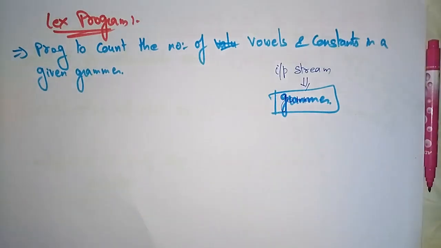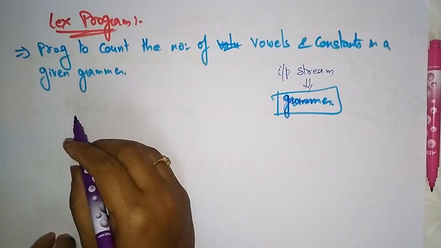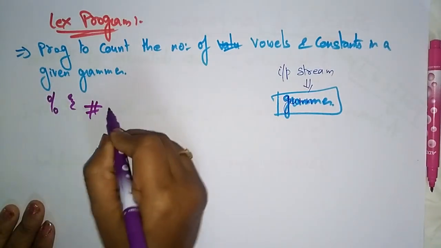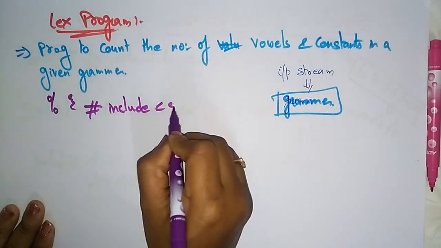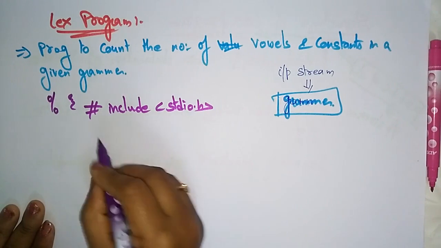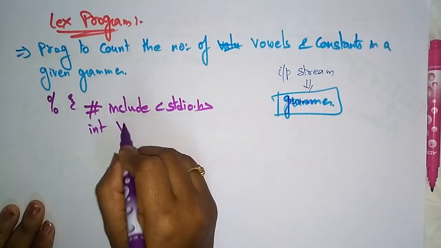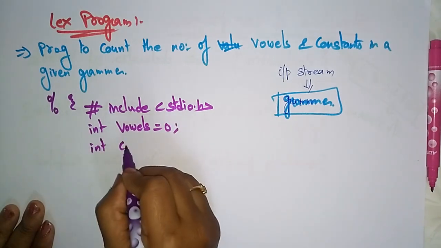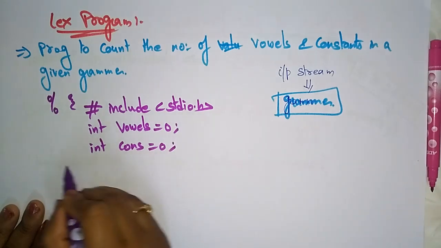What is the structure of this LEX program? First is the declaration section, next is the translation rules, and the next is the auxiliary functions. So in total three sections will be there, and the last one is optional. The first is the declaration, which you need: #include <stdio.h>. In the declaration section, int vowels = 0; I am declaring and initializing here. int constants = 0;